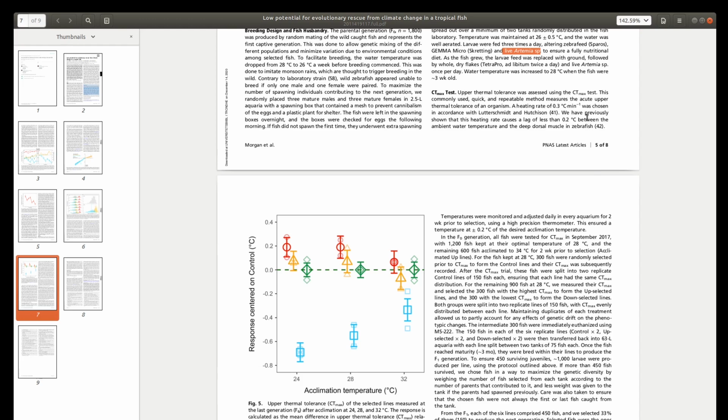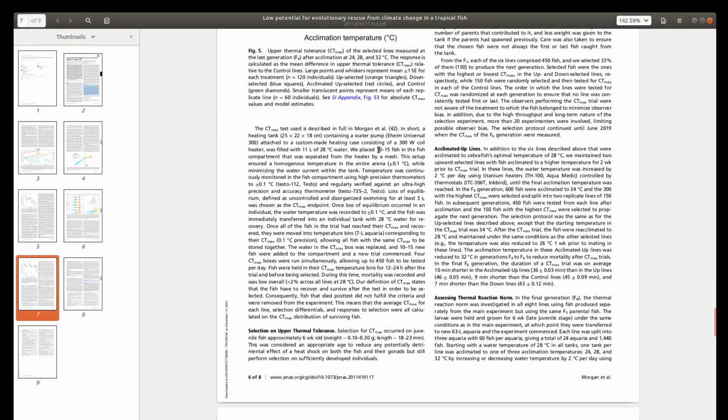Here's how they measured thermal tolerance in the fish. This is the CT max test. So they heated the water by 0.3 degrees per minute. So it was a slowly heated water, and they put 10 to 15 fish in the heating tank, where the temperature was increasing, and watched the fish continuously and monitored the temperature continuously